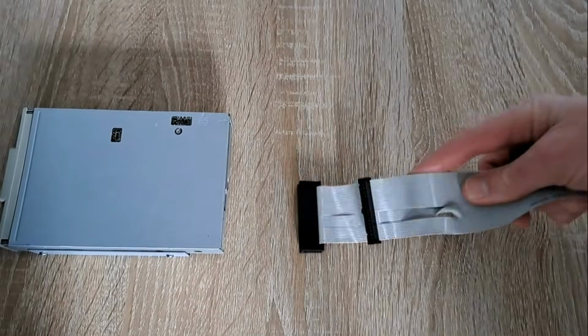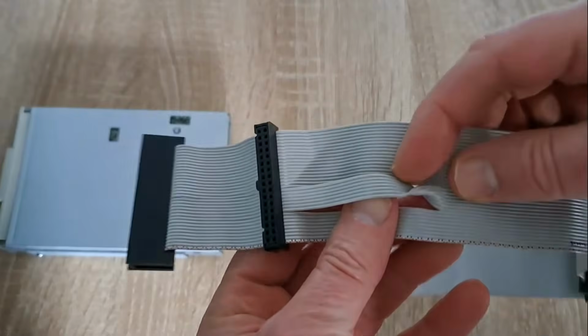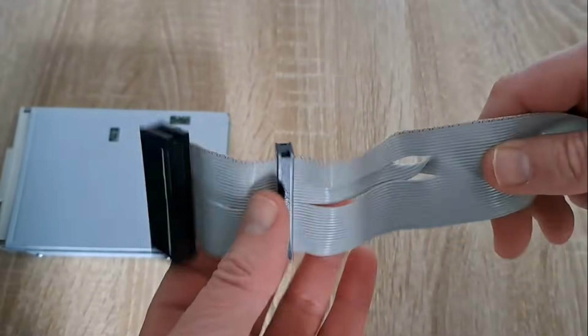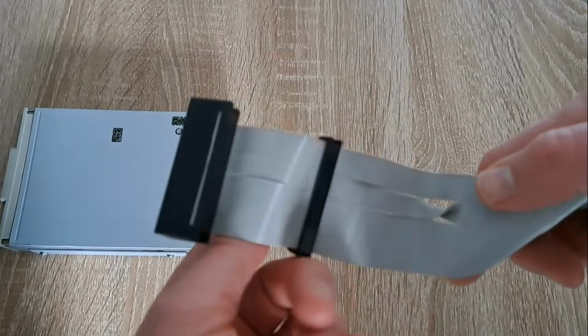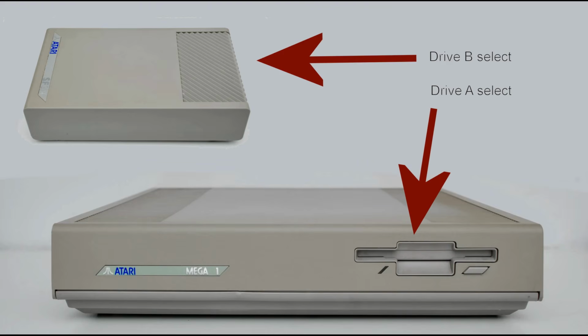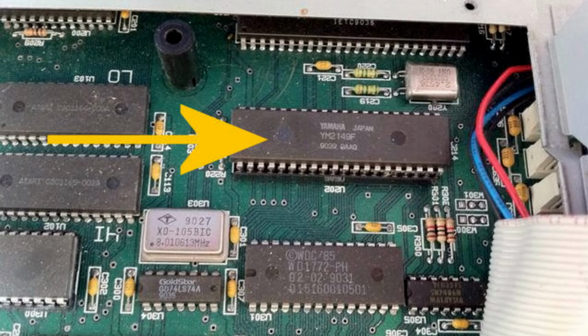In old school PCs, this was done by reversing a portion of the cable. The reversed portion also contains a motor A and motor B signal. With the ST there's only one motor signal for both drives. That's why the motor of drive B also spins when you read something from drive A. Anyway, with the ST we have drive A internally, so you have to connect drive B externally. That's why the drive select signal for drive A goes to the internal drive and for drive B to the external drive. These drive select signals are generated on the ST by the Yamaha sound chip on pins 19 and